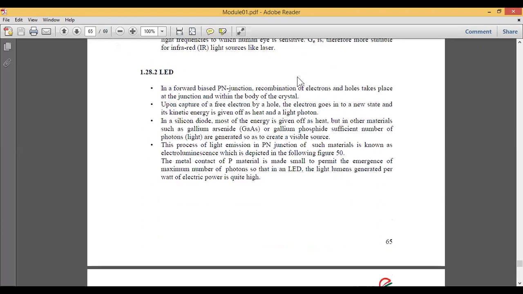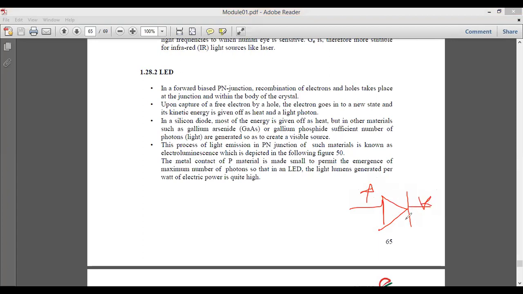Now for a normal basic diode, if I have a diode which has an anode part and a cathode part, this is my PN junction diode, and the number of junctions is equal to 1. If I draw another diagram for the normal PN junction diode, this is the P type material and this is the N type material, and if I connect it to a DC battery over here, then we say that the diode is in forward bias. This is the normal operation of a PN junction diode.